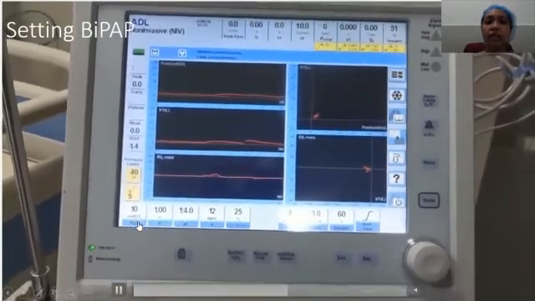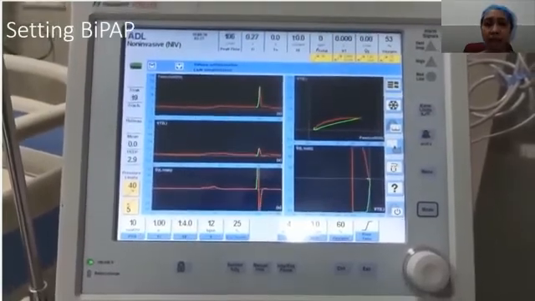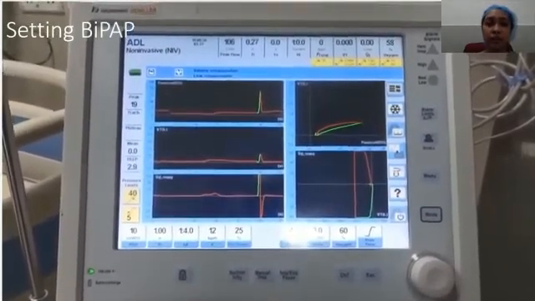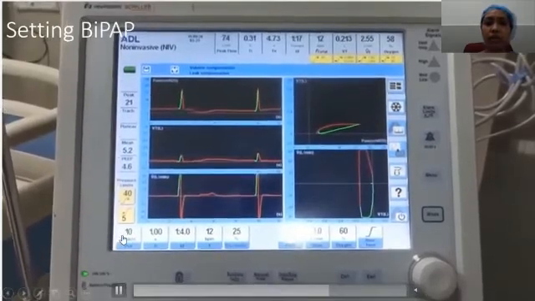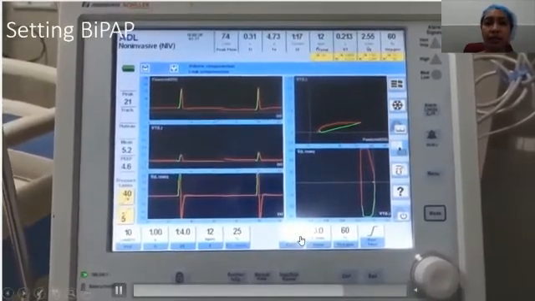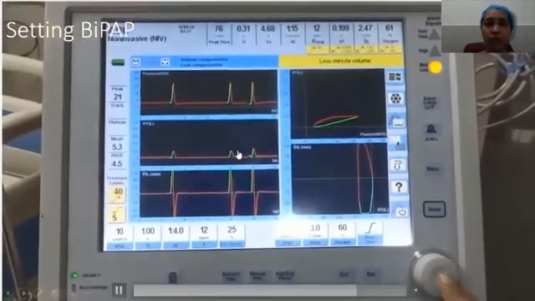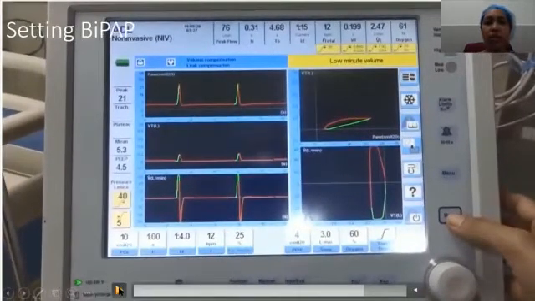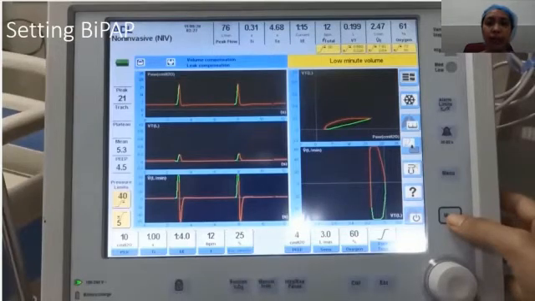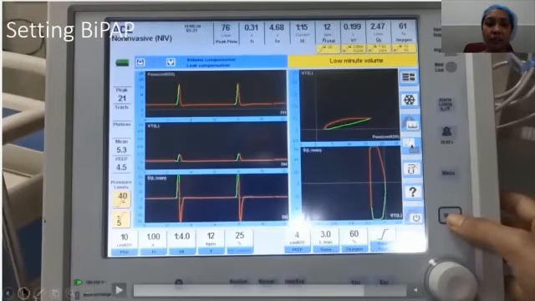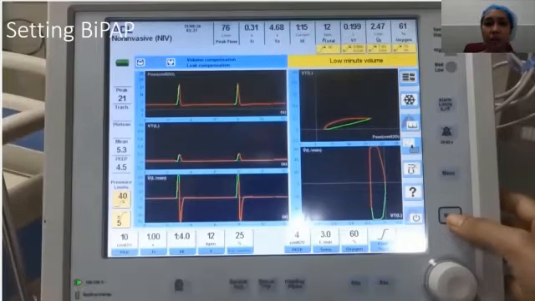We need to change the settings of the PSV according to the tidal volume which we desire for this particular patient. So the PSV is changed accordingly. PEEP needs to be increased if oxygenation of the patient is poor. The usual range of these settings are for PSV, starting from 10, it may go up to 30, and for PEEP we begin with 4 and it may go up to 10 as per the need of the patient. Respiratory rate can be set from 12 to 20 as per the requirement of the patient. Now this non-invasive mode, it requires a non-invasive mask to be connected to the patient.